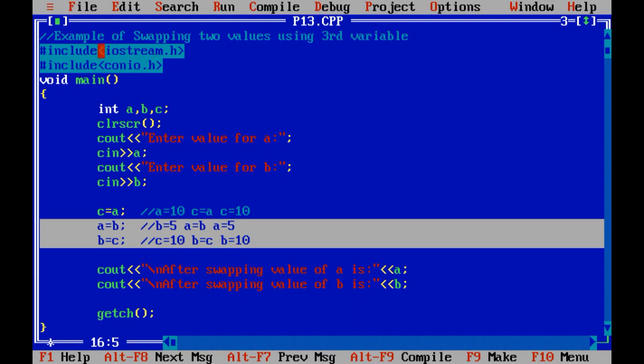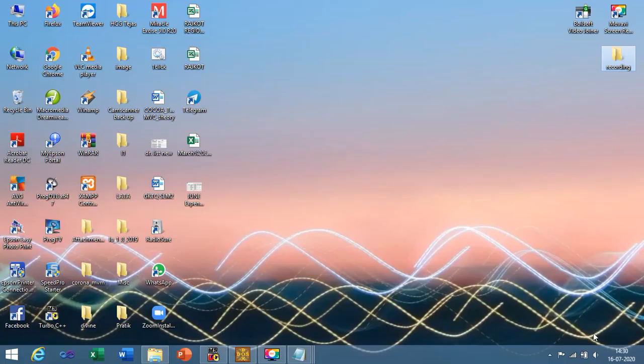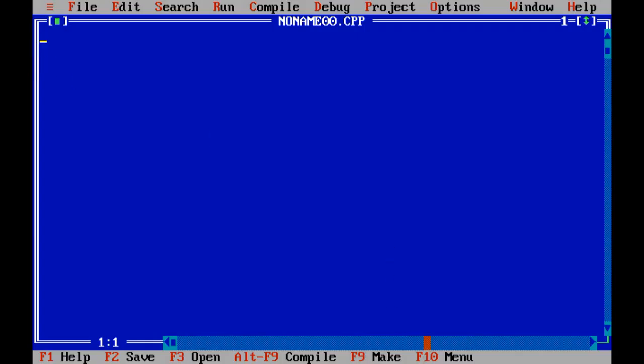Let us take the last program, number 14, that is an example of swapping two values without using a third variable.